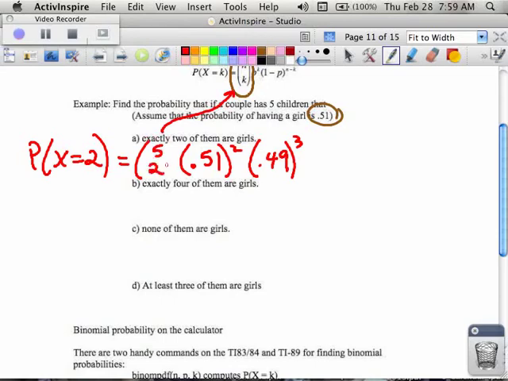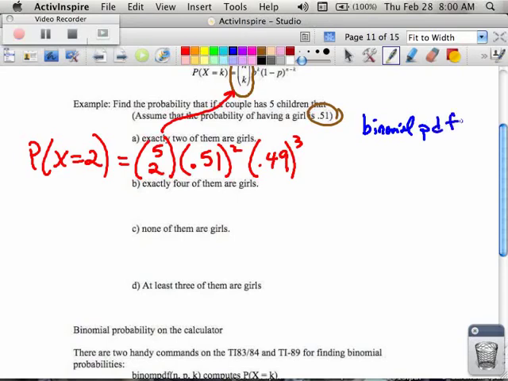5 choose 2. It's not a fraction. It's the way you would arrange the order of how you would have those kids, or how you would choose those 2 girls, I guess would be another way to say it. And the way that you would type this in on your calculator, if you go into your calculator and you find this, binomial PDF,